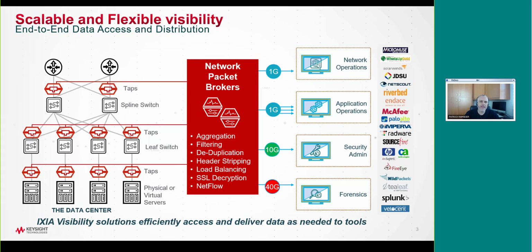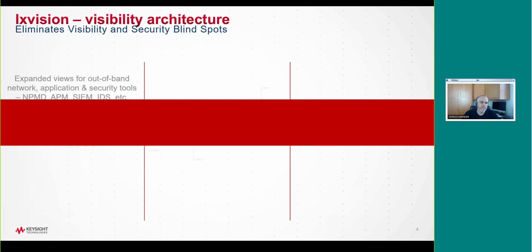It can aggregate the data, it can filter the data, it can deduplicate the data that is coming 2, 3, 4 times over the network because of where you're tapping, and it then allows the network tools not to get overwhelmed. We actually have customers that save money because they don't have to buy a second or third firewall. They can use the packet broker to manipulate the data to only send what the tool actually needs to see. And that's really the key here. Make sure that the tool gets the right data at the right time in the right format. And then last but not least,